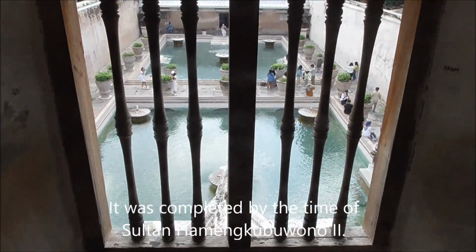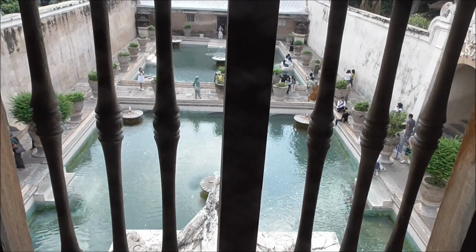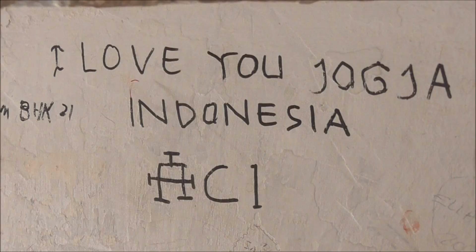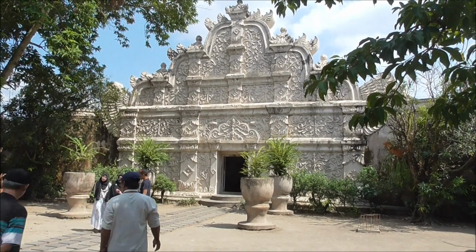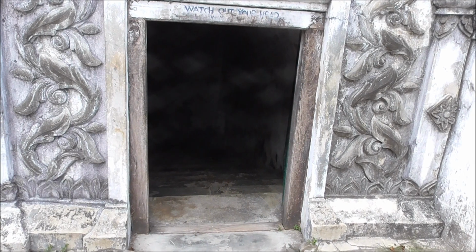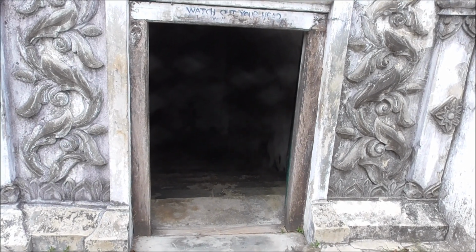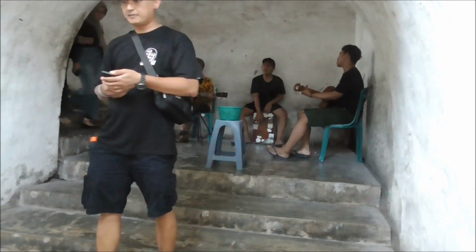Up 2 flights of stairs, a different view. This is the shot of Kapura Agung. And now we're entering a cave. Very low head height. There's people playing music everywhere, even down